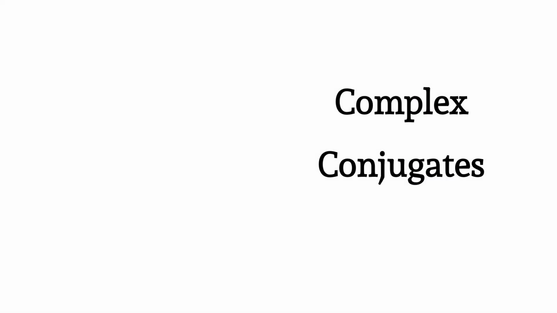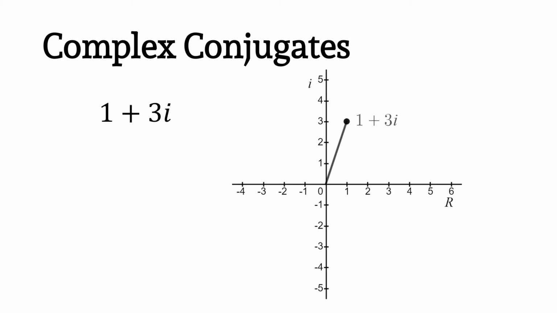In this video, I want to take a quick look at complex conjugates. Let's first look at the complex number 1 plus 3i. We can graph this in the complex plane with the real number axis as the horizontal axis and the imaginary axis as the vertical axis. Since the real part of our complex number is positive 1, we'll move over on the real axis 1 unit to the right. And since the imaginary part of our complex number is 3i, we'll move on our imaginary axis